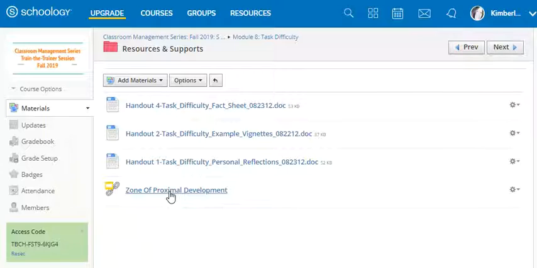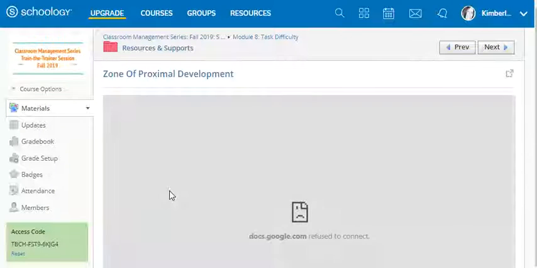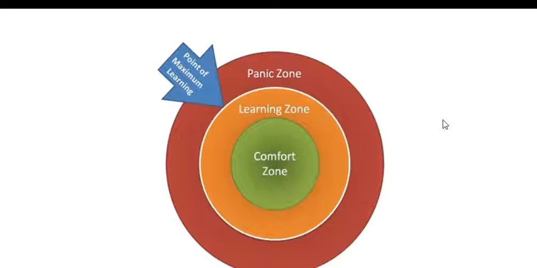Yeah, the zone of proximal development. And you'll see a link there. And if you click here on the arrow on the right-hand side, it opens up to what I was just talking about, like how do we go about figuring out where is the right zone for students? And so even though Vygotsky's research is much older, it's still very relevant because